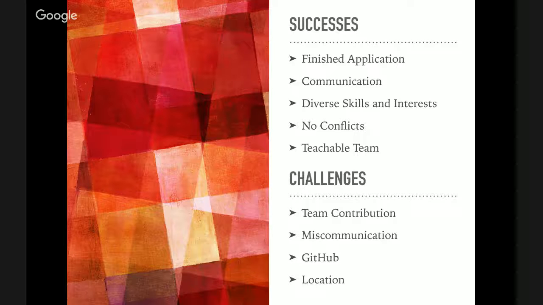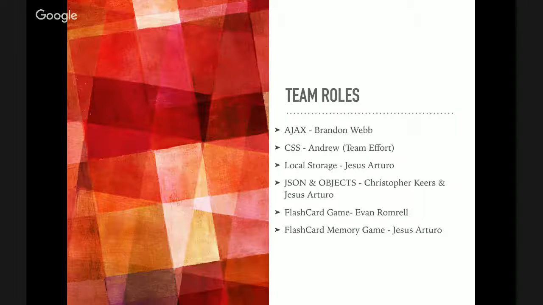So I'll go ahead and proceed to talk about different roles that we had in the team. Brandon Webb was actually in charge of the Ajax, so he helped us pull some data from the server to give us suggestions on the app. The CSS